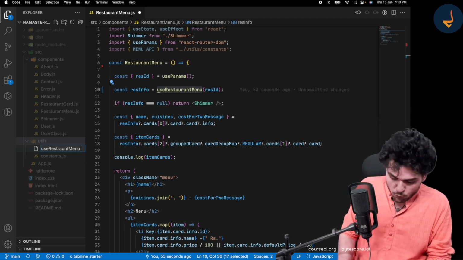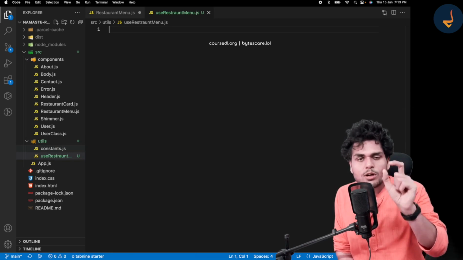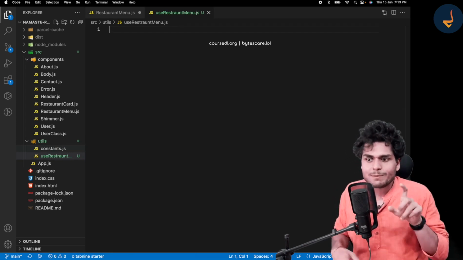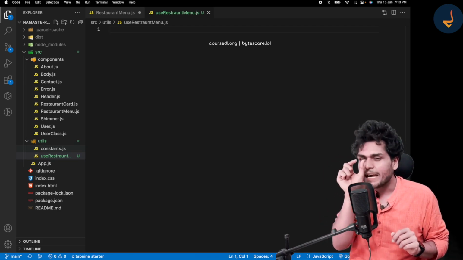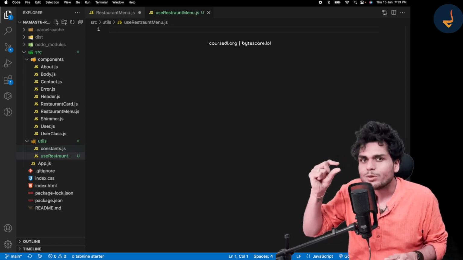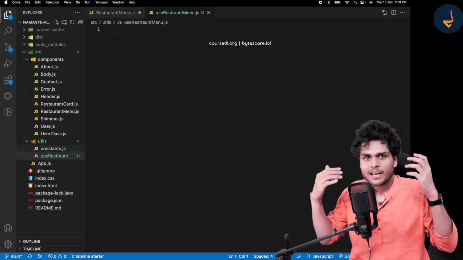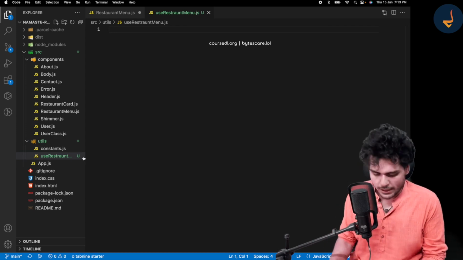Why do we do that? Because that's a way for React to know that if the function name starts with small letters u-s-e, that means it's a hook. React understands that. That is why we use that.